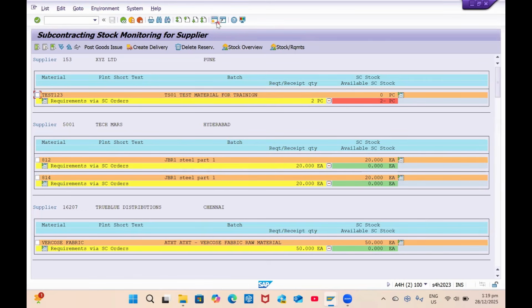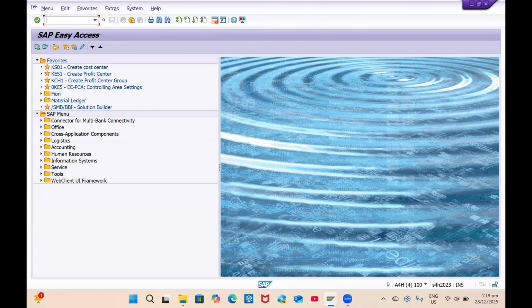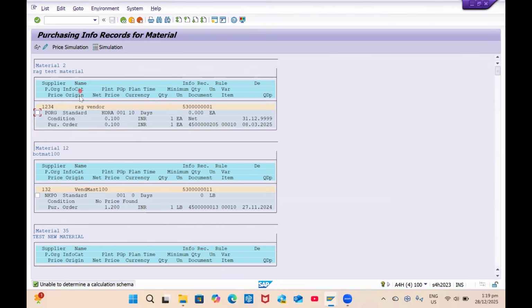Then I found the reason is this parameter. I already explained it in earlier videos, and we can show it here as well. For example, if you run any kind of purchasing report, like info record, you will see the layout is different. It's not like ALV. It's not user friendly to download to an Excel sheet. This can also be fixed. So the print missing in ME2O, or the ALV layout not being available for any purchasing report like info record and all,